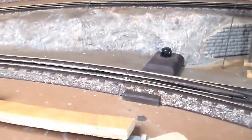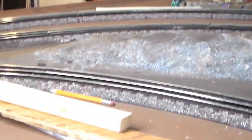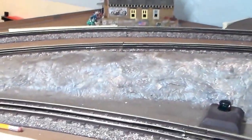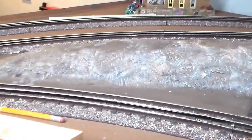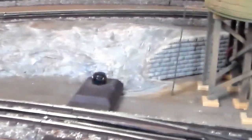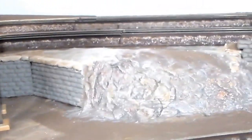Now, usually I use pink styrofoam sheets and layer them, but I said, you know what? I've seen some other videos, guys using that stuff, so I sprayed some in over here and carved it out, filled it with a layer of, I think I used Hydrocal or Sculptamold, one of them, plaster, and covered it over once I shaped it to where I wanted it. I also cut down some retaining walls and put them back there to put the 50,000 gallon